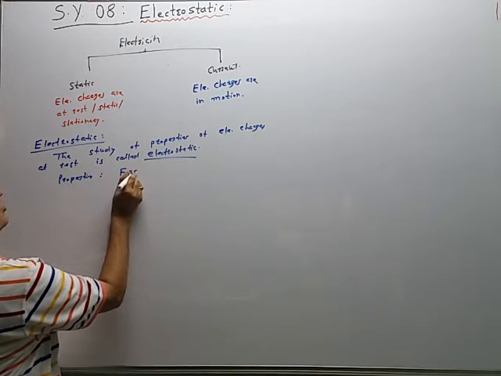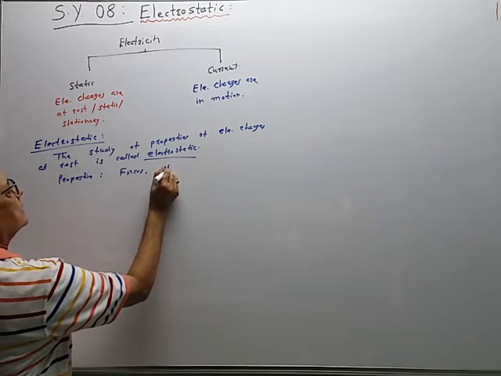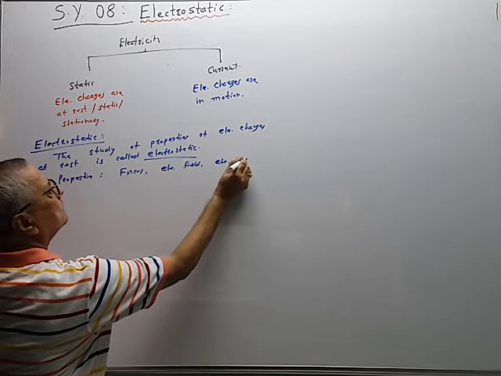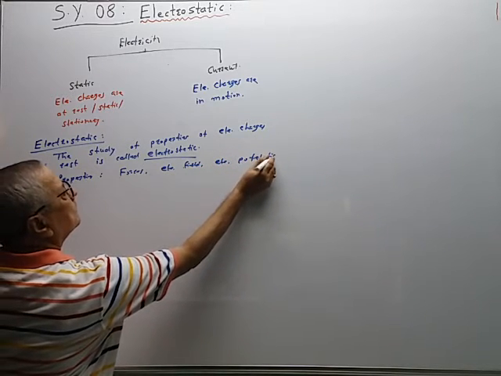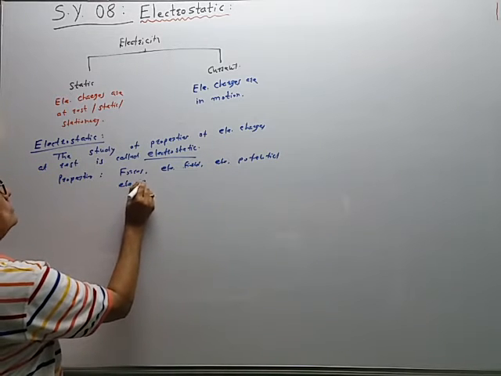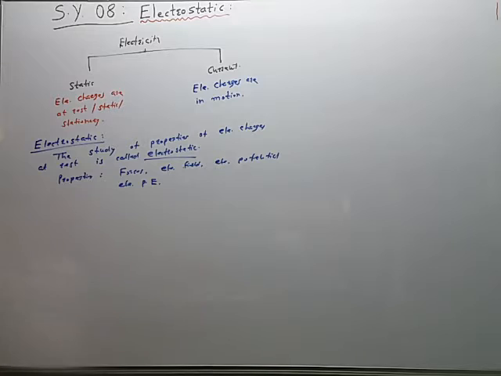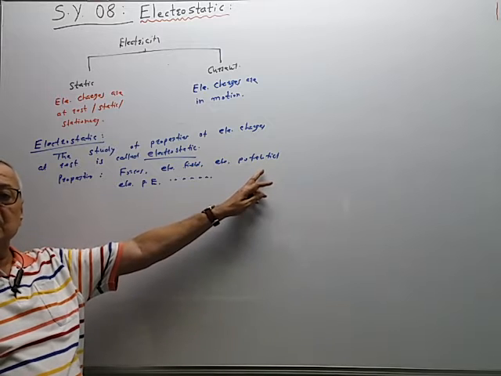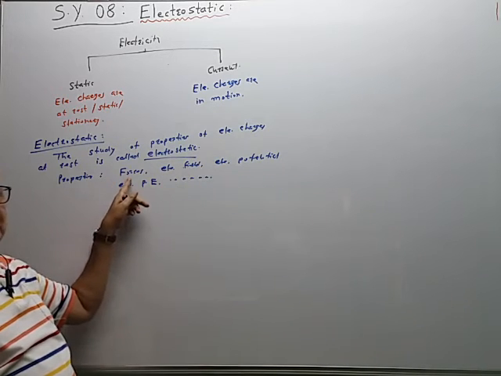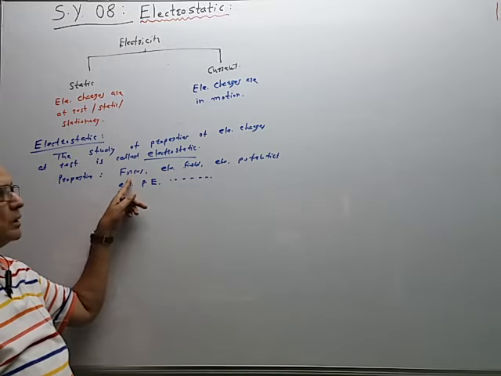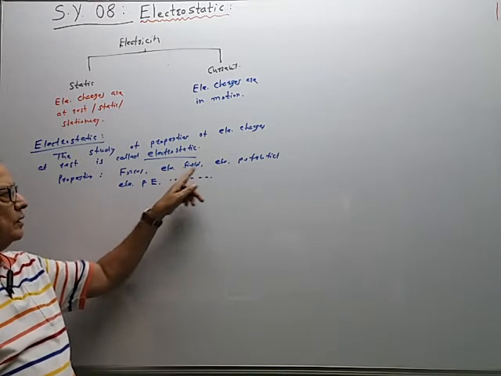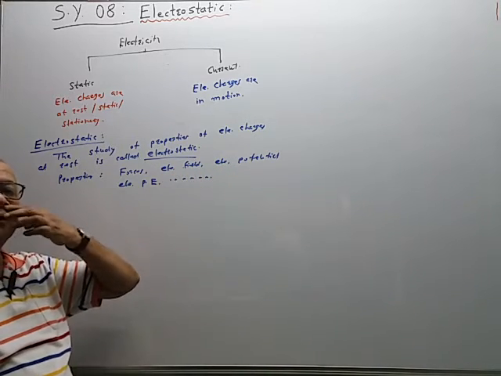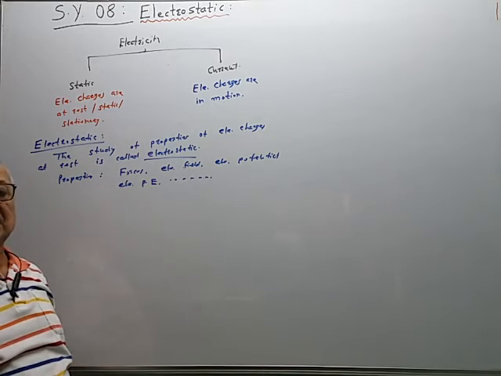Properties: we consider the forces between the static charges, electric field, electric potential, energy, etc. याच्यातला काही प्रॉपर्टी आपण लास्ट इयरला ऑलरेडी बघितलेले. Force, it is given by Coulomb's law. It is a vector quantity having magnitude and direction. Electric field intensity is a vector quantity, electric potential is a scalar quantity. Electric field intensity, electric potential energy, like this.